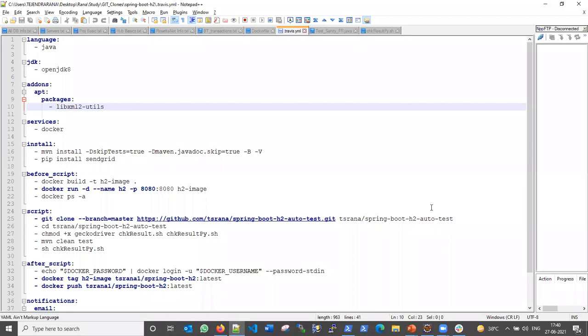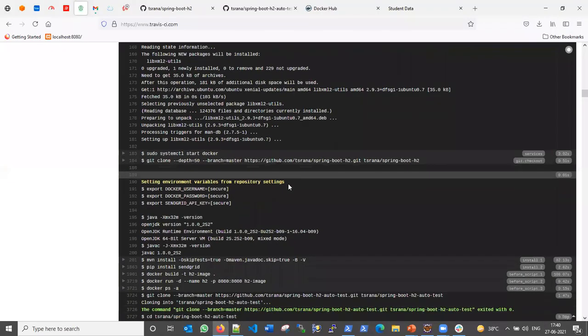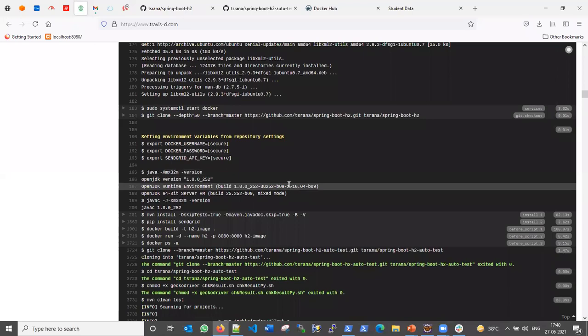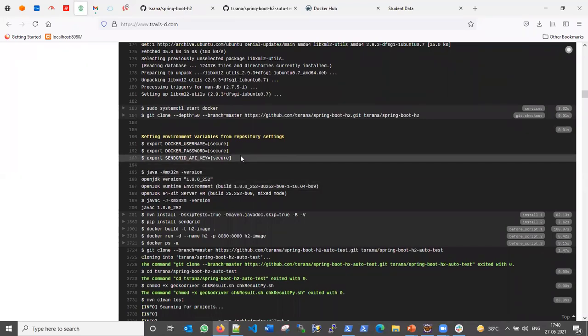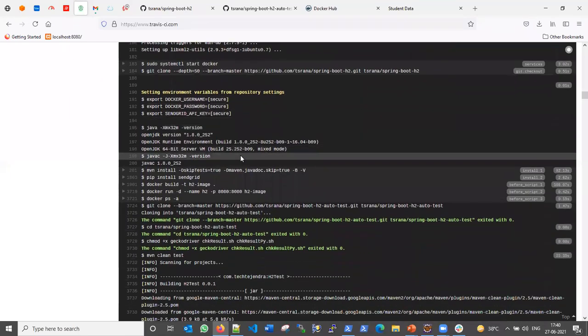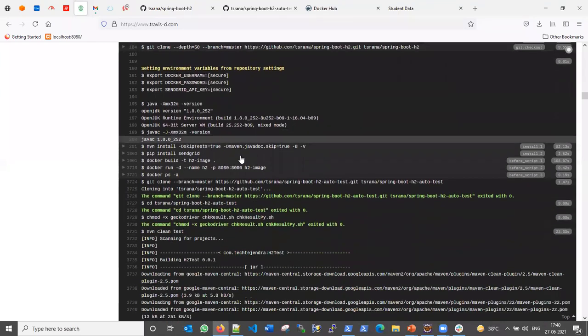And then for service we are using Docker. Then we are installing Maven and SendGrid, the Python package. Here it is setting up the environment variable.